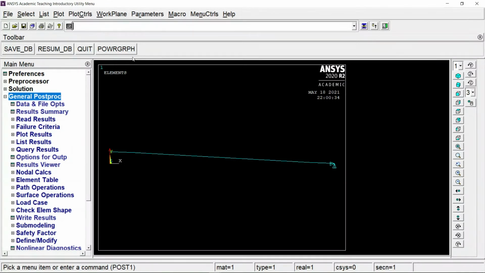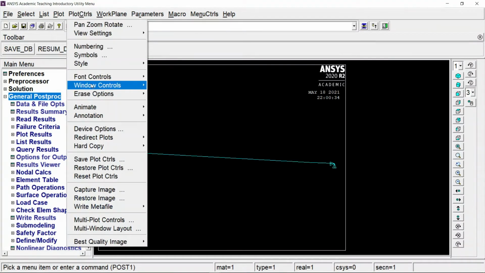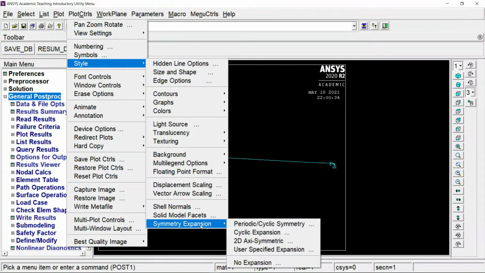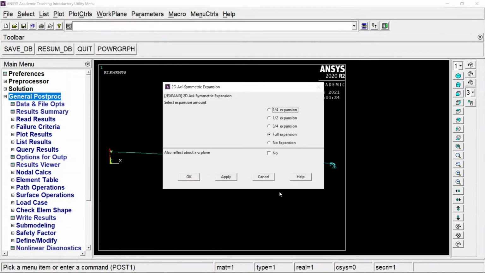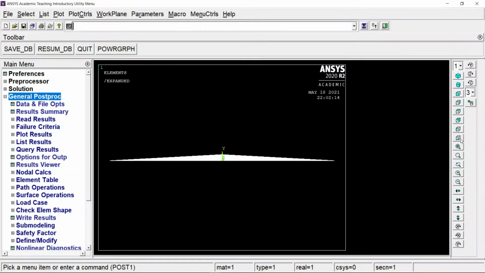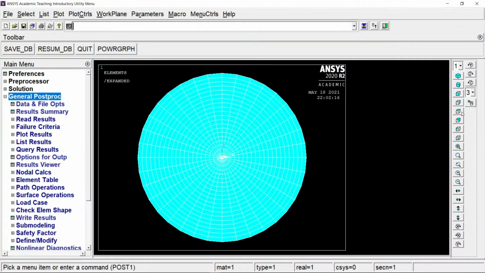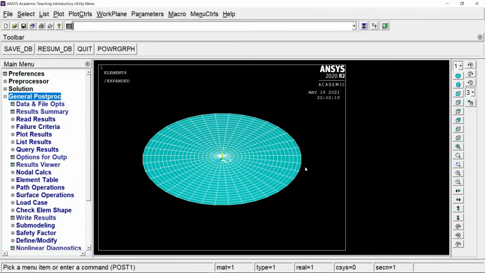We can even cross check what geometry we have created. We can do that easily by going into plot controls, style, symmetry expansion to 2D axisymmetric, full expansion. Now this is showing us the geometry that we are planning.